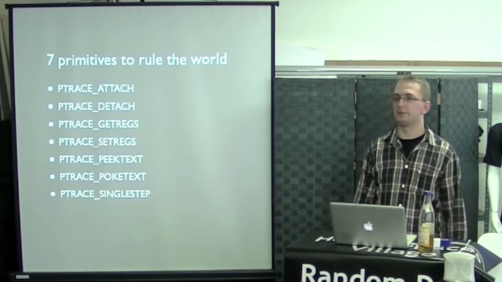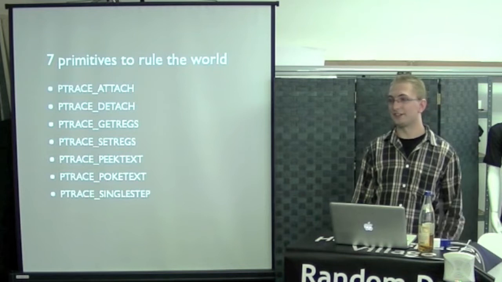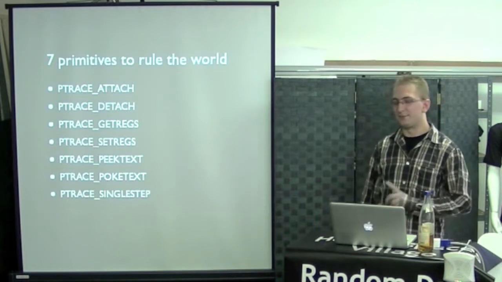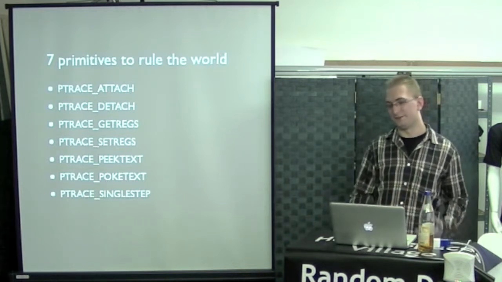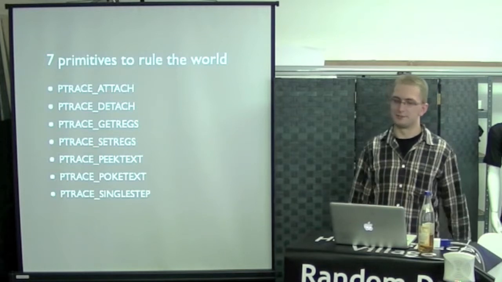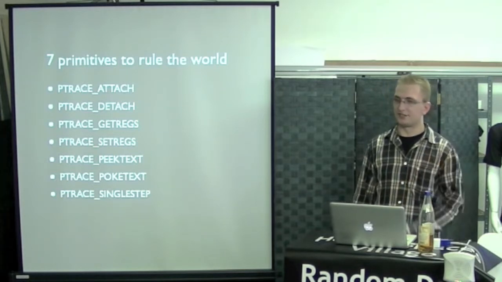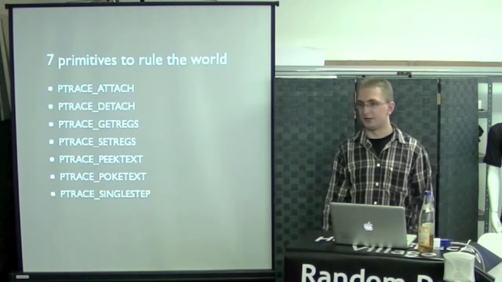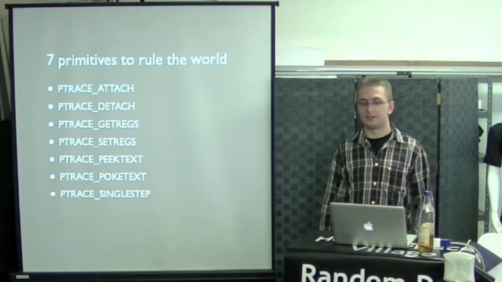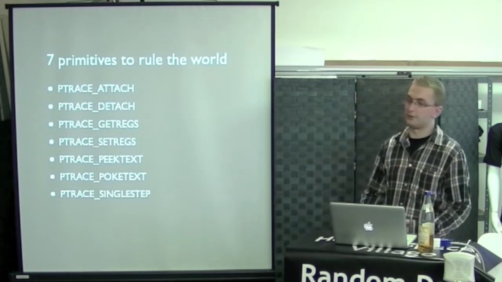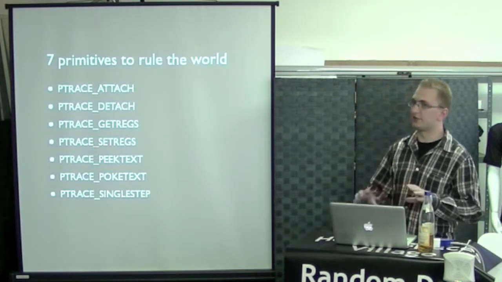So, ptrace has a bunch of primitives. I call those the 7 primitives to rule the world. It's not exactly true because there's more than 7 primitives in ptrace, but these are the ones you will be using most. So we have ptrace attach. This allows us to attach to a running process. We give it a process ID and it can attach to it. Then we have detach. Of course, when we're done infecting a process, we want to nicely clean up and detach